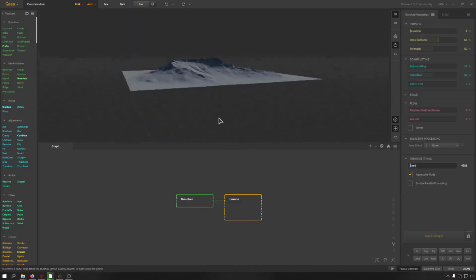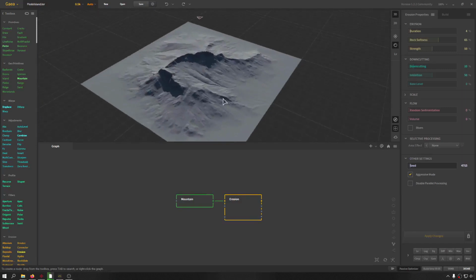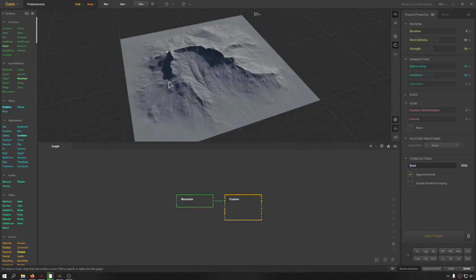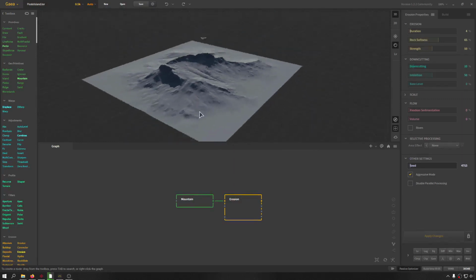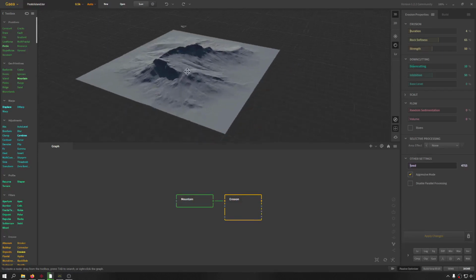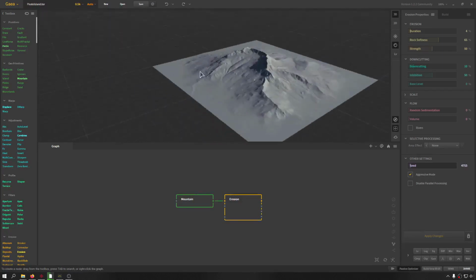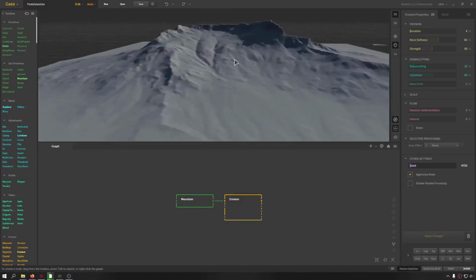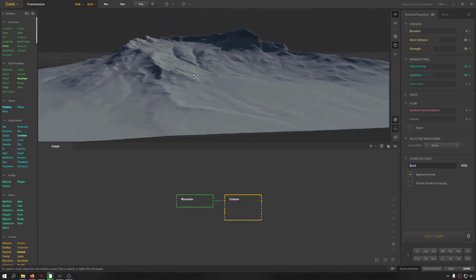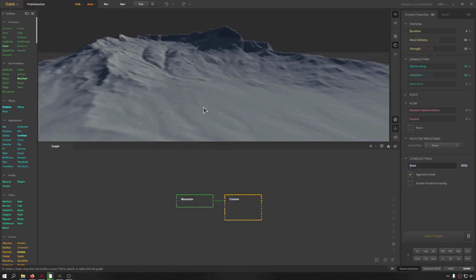Okay, now we are going to create the landscape inside Gaia. But this one isn't going to be a landscape as you know it. For example, we created a texture inside Unreal Engine. We are going to create it and use the color map on it and import it inside Unreal Engine and use the farther areas as a vista and replace the areas that are close to camera with nanite meshes to